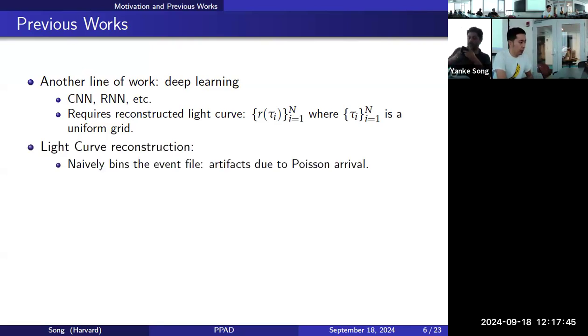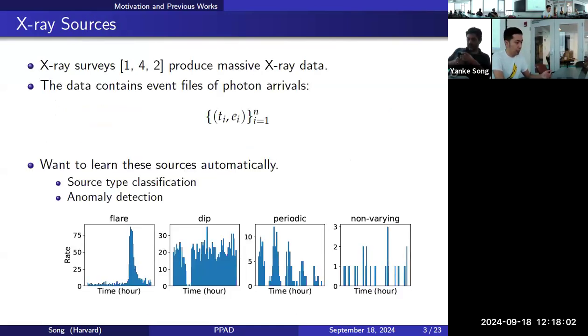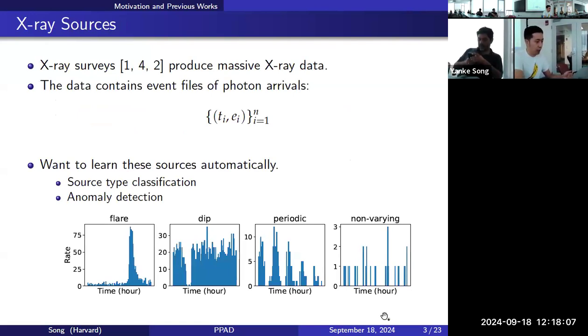So the obvious drawback here is that you first need some light curve reconstruction algorithm before inputting to these deep learning models. So for light curve reconstruction, obviously, the most naive way is you can just bin the event file, like what I did here. But obviously, it creates some artifacts. For example, here,